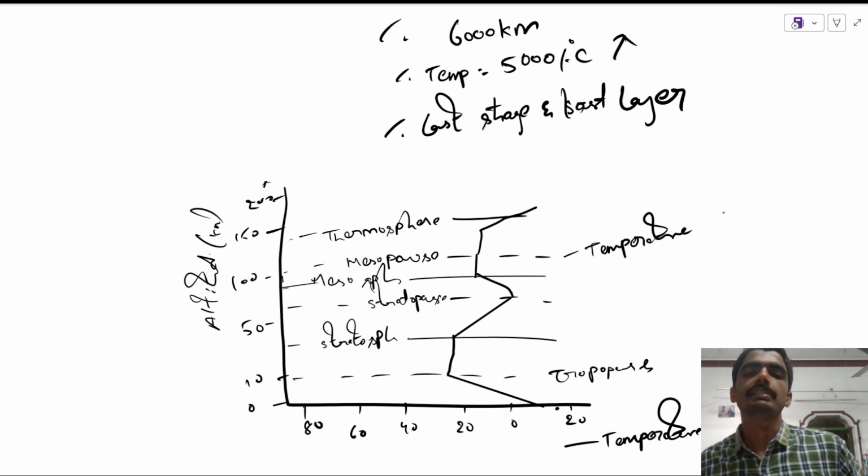So mainly this was the structure and composition of the atmosphere, which will be covered in all the classes of 6th to 12th standards of CBSE or state board and some other boards examinations. Even it comes mainly as a topic or subtopic in climatology in UPSC and many competitive examinations.